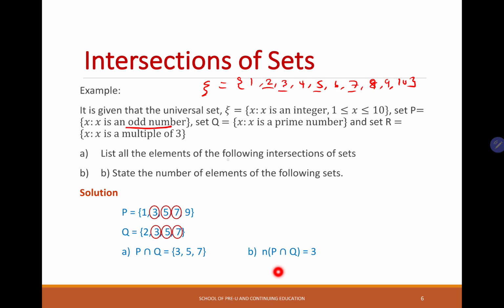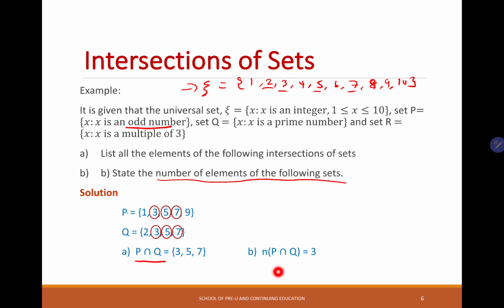And then the question asks you to list all the elements in the following intersection. So we have P, we have Q, we have the universal set. And question B asks us to state the number of elements of the following set, the number of elements of P